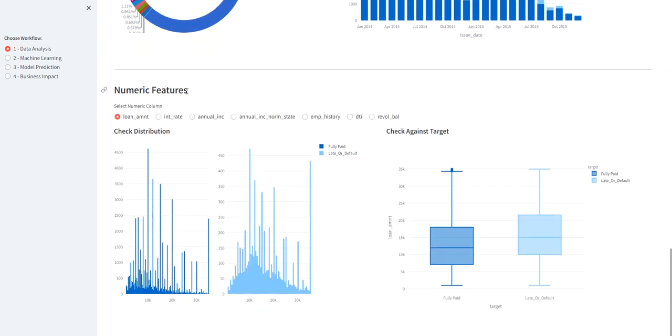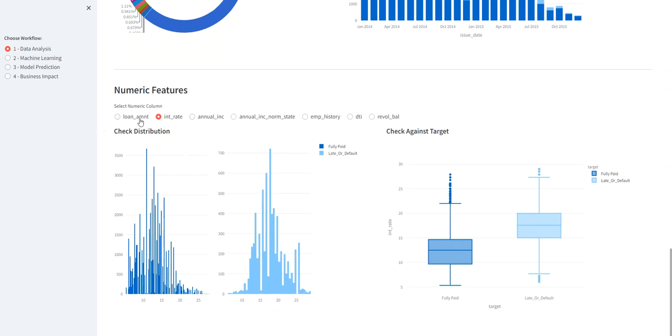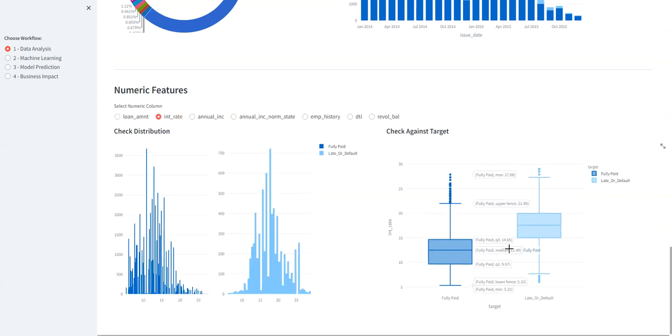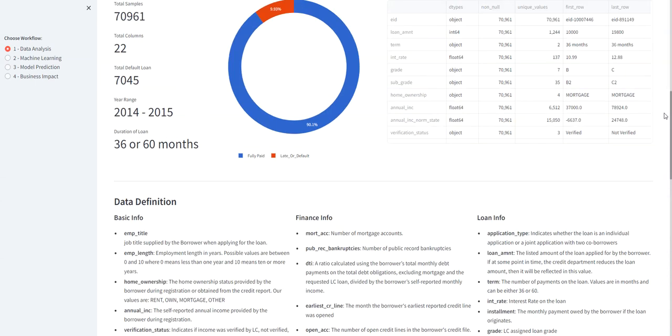And you can have these numerical features, to see which one is more of a driver for default. We can say definitely the loan amount: the lower loan amount has a lower probability of being default, versus the higher loan amount is a higher probability of being default, right? Interest rate is the same story. The higher interest rate is definitely leaning more towards default. So these are the observations we can have for the future machine learning modeling.